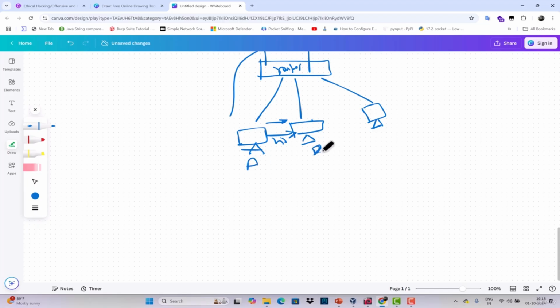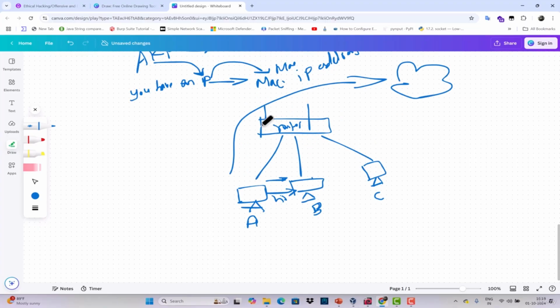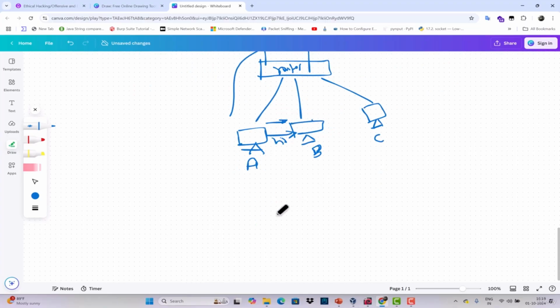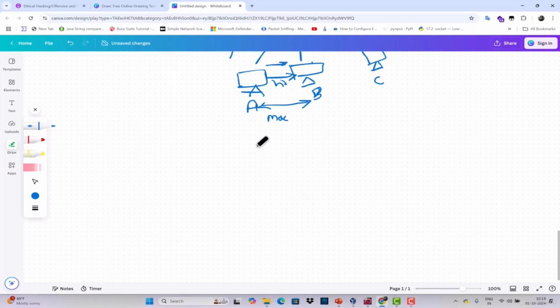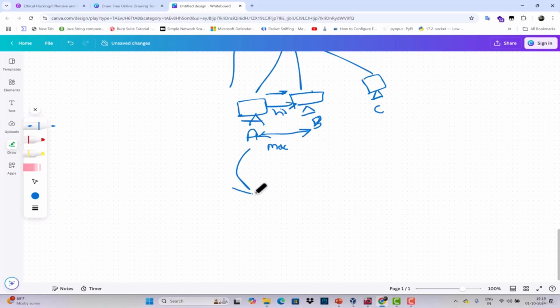Let's think of computers A, B, C. Computer A wants to communicate with computer B. So computer A needs to know the MAC address of computer B. The MAC address is one of the important things for communication inside the network. So by using the ARP protocol,